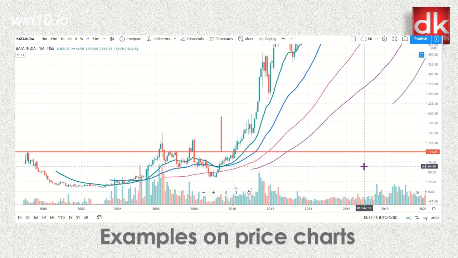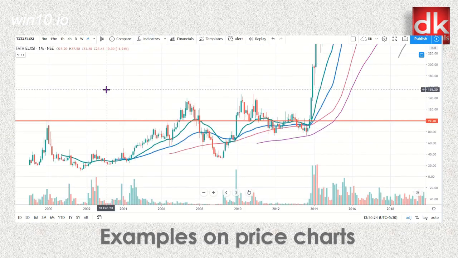That is why we cannot neglect in the stock market, buy it and then say that it's for the long term. No, we have to always track our investment. There has to be always an entry and exit price. We must decide before we make an entry to the market. So let us move and take another example of a rounding bottom. So this is another example on Tata Elxsi.